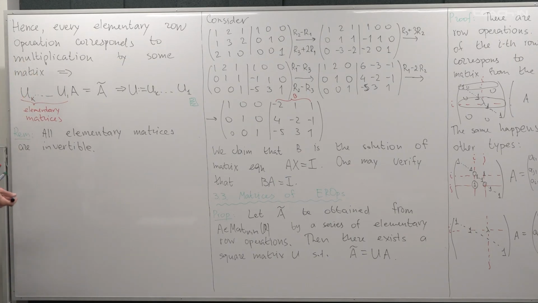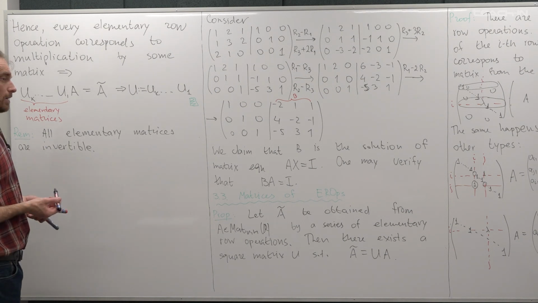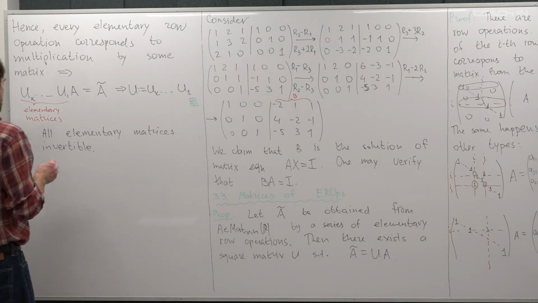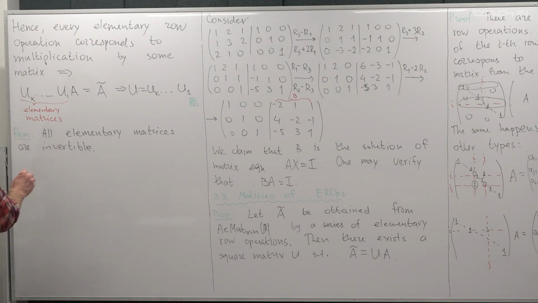It is more or less obvious just from the construction, because elementary row operations are invertible. So all the corresponding matrices should be invertible as well. But it can just be proved straightforwardly. So, for example, I will not go into the details, just because it is more or less obvious that if I take